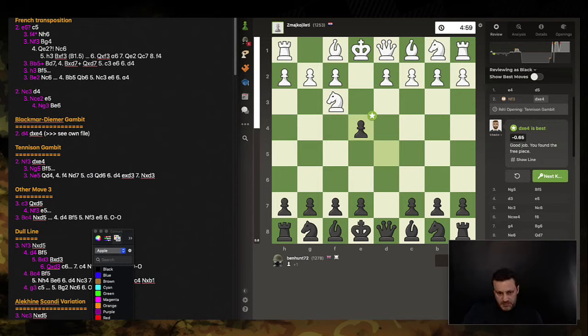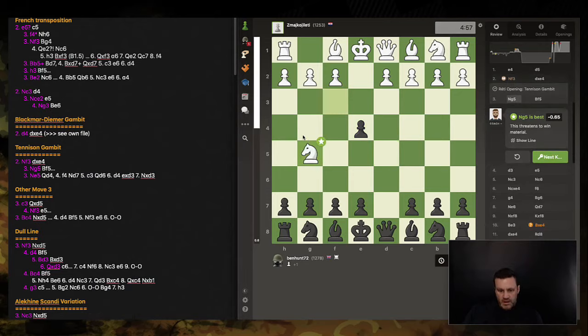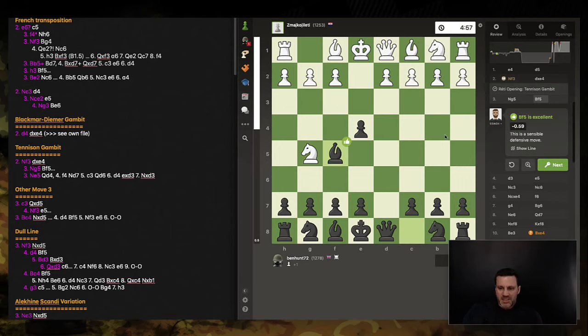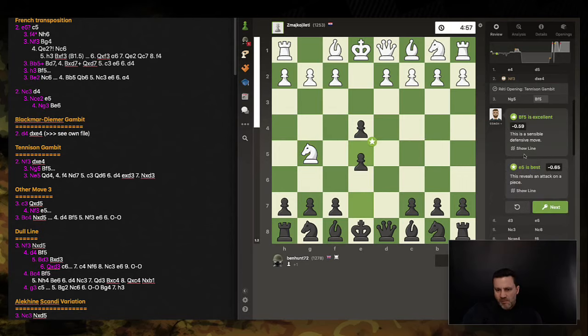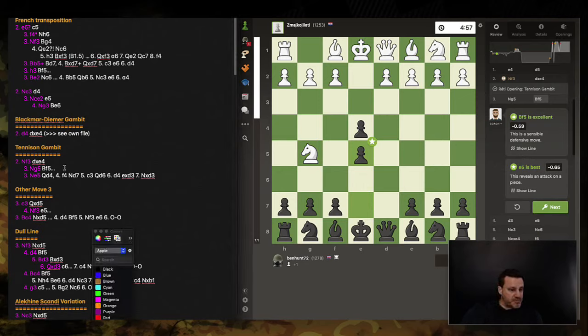And he plays knight g5, which is best. And we can play now bishop f5, which is what I played. It says it's excellent, but maybe not best. The better move is e5. All right. So I could change this to e5,